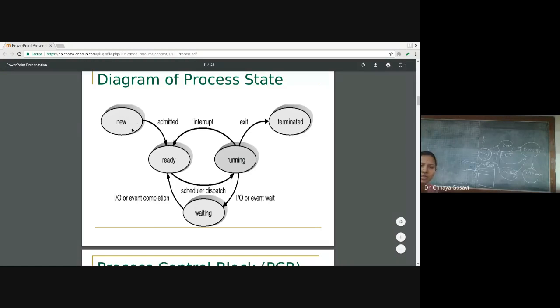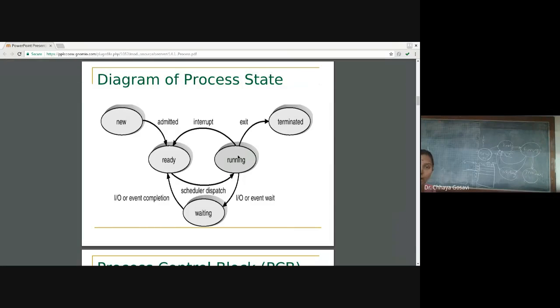So a new process is admitted to the ready state, then ready to run to terminate. This is the natural flow of a process. But sometimes when a high priority process arrives, or the process has to wait for a certain event to happen, the process is dispatched from the running state. Either it can come to the ready state with an interrupt, or for IO or any other event the process has to go to the wait state.